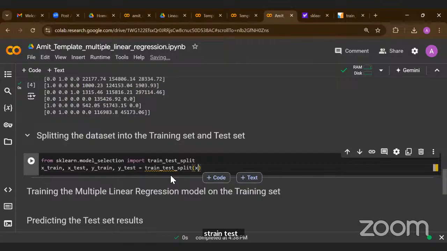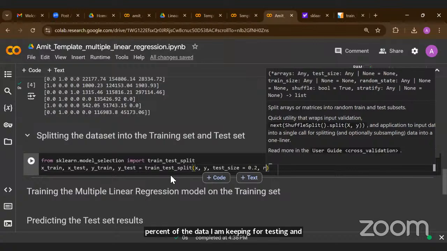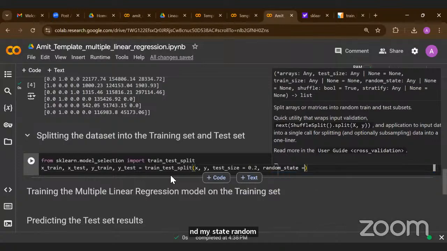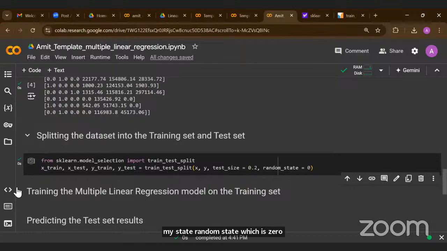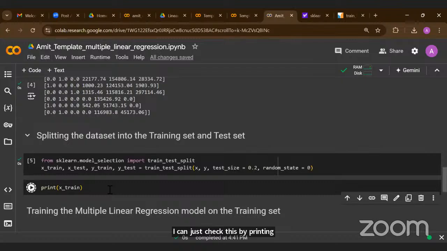which takes an argument my X and Y, and what is the test size? So test size is 0.2. That means that 20% of the data I am keeping for testing, and my random state, which is 0, so that your and my code works. And I will run this code, and I will see that my data is now split into training and test sets. I can just check this by printing X train